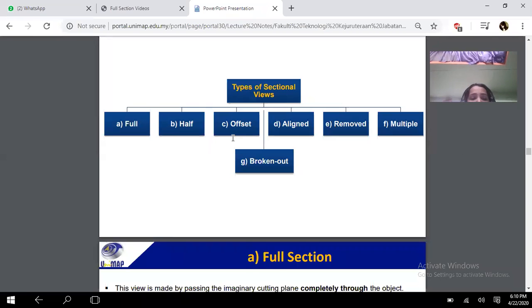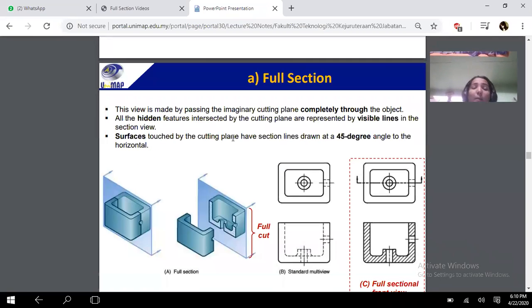Okay, girls. So here we will be seeing what the full section is. In this view, we pass an imaginary cutting plane completely through the object. All the hidden features intersected by the cutting plane are represented by visible lines.